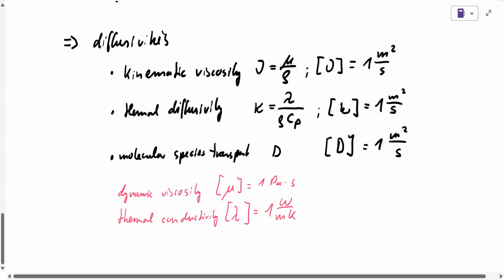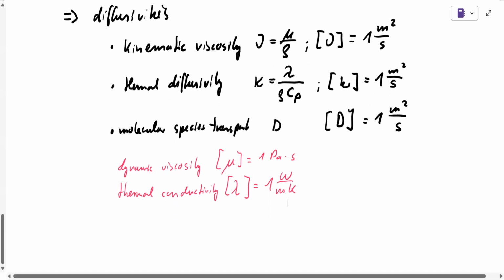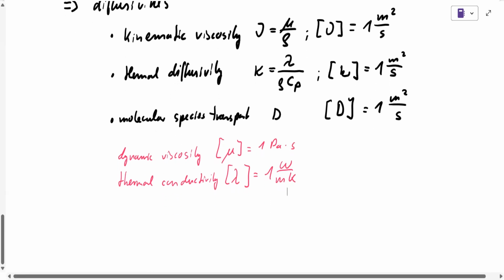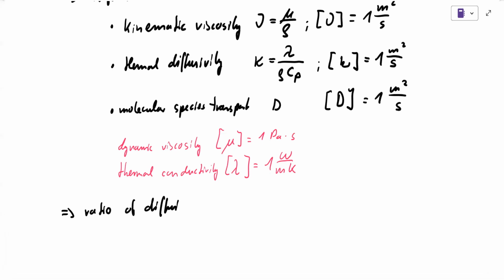And if we see that we are able to get the same units for all the molecular transport parameters for momentum, heat, and species transport, then of course we can simply produce a dimensionless number. So the ratio of diffusivities